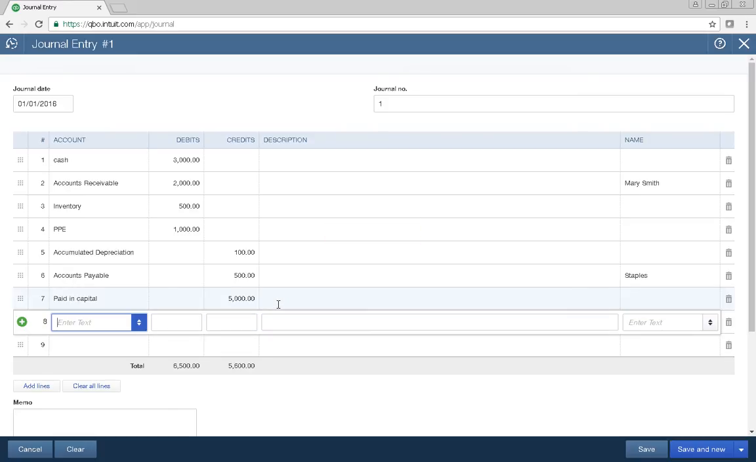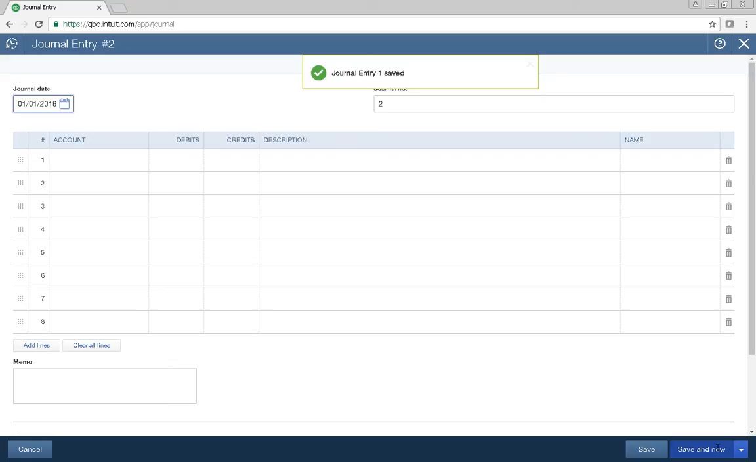And so here we would have our retained earnings. This comes right up, $900. So at the end we hit down here, save and new. And then you're going to start doing your transactions. So let's say on the 10th of the month